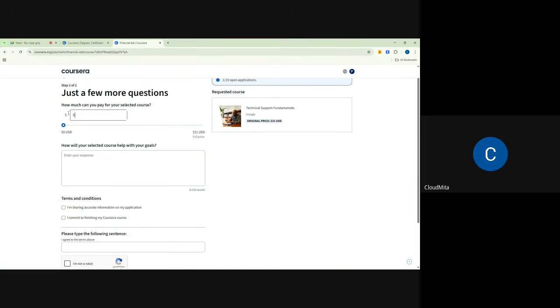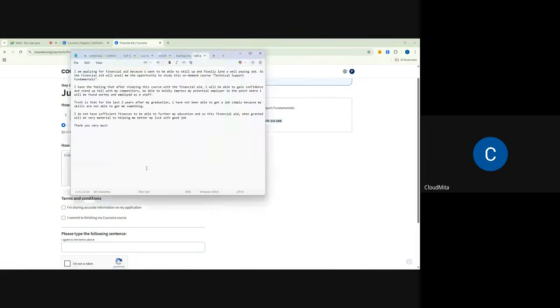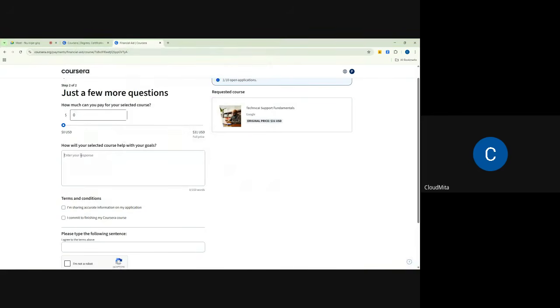Just put 0 here. Okay, now they are saying, how would the selected course help with your goals? All right, now they want to know how the selected course will be able to help you with your goals. And of course, you can still go on and write a little bit of things there. Normally, I would just go down to what I've copied before and paste it, but that does not make sense. So you have to give them the various ways through which learning this course can help you